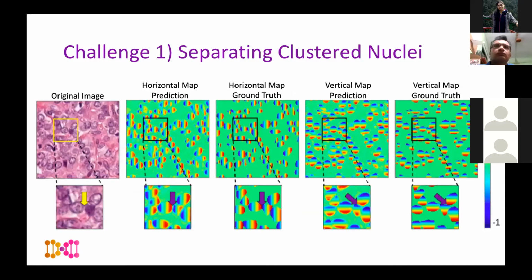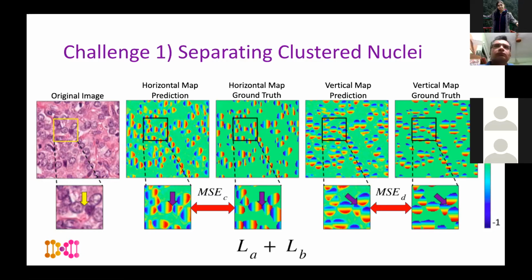So now if we reuse these images from a couple of slides ago, but also show the predictions of the horizontal and vertical maps, we can see that for the first term of the loss function, we just calculate the mean squared error between the predictions and the ground truth. And as I alluded to earlier, there's quite a significant difference in the pixel values between the neighboring nuclei. And there's also a change of sign. So therefore, using MSE means that there's going to be a large penalty between these touching instances. So it helps the network to focus learning in these areas.